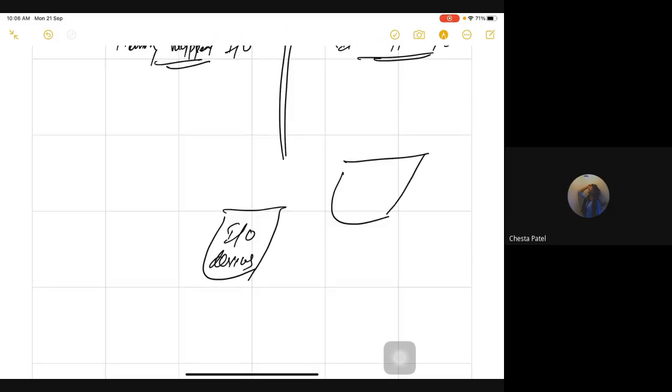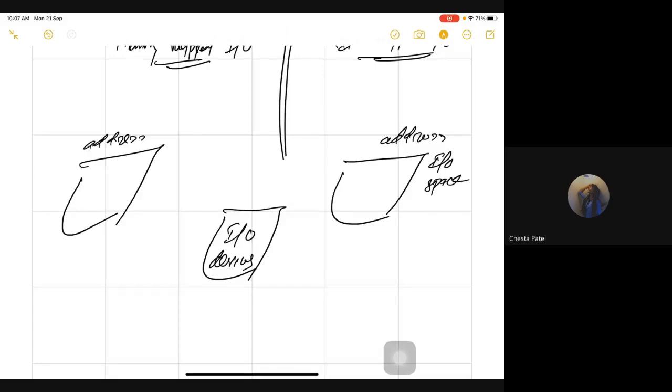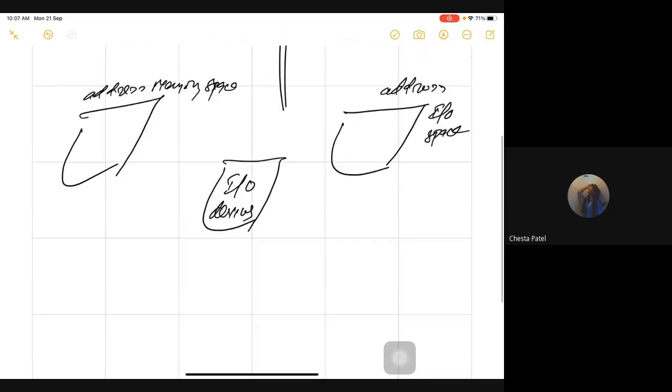Here we'll have the addresses of IO space, and here we'll have the addresses of memory space. If I attach a printer or a scanner to my 8086, I need an address of that printer or scanner so that I can send a command to it.